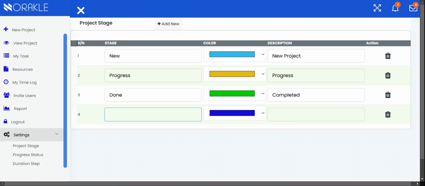Right here, I can add. Okay, I can add delivered. Yeah, I can always choose the color I want. So I think blue is okay. Let me use blue. Great. So when you're done with that,